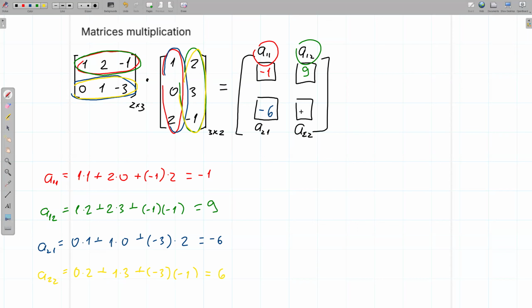This is 6. So my answer is, this multiplication equals the matrix minus 1, 9, minus 6,